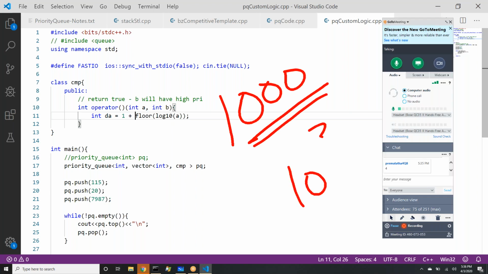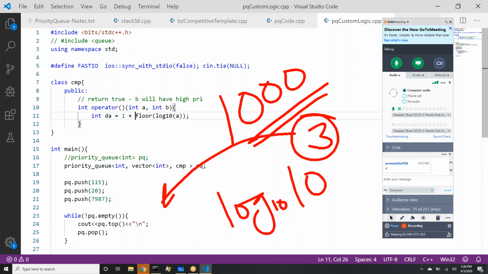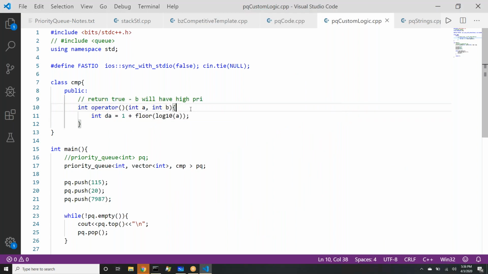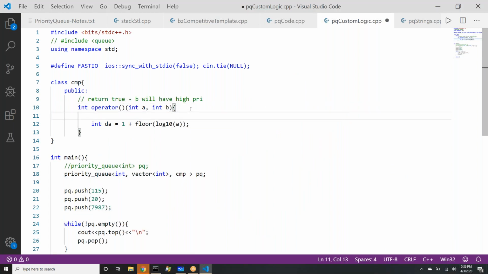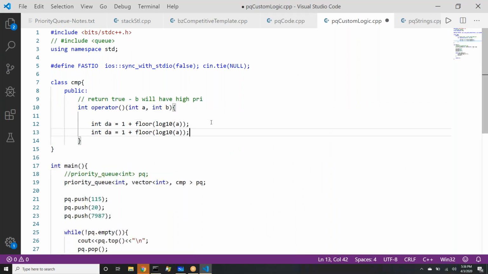1000 is not 10 power 4, it is 10 power 3. I was making a mistake in speaking that. It should be 10 power 3. So 3 will come, so we have to add 1 to it. It will become 4 then. Like 1000 is 10 power 3, but the number of digits is 4, so we add 1 extra, and we are taking floor to get rid of the decimal point. So this is a shortcut way, one line code, which most of the competitive programming folks would know. One line code to calculate the number of digits in a number. So digits of B we will calculate like this. Now be aware of one thing, that is what will be corner test cases also. Log of 0 is not defined.